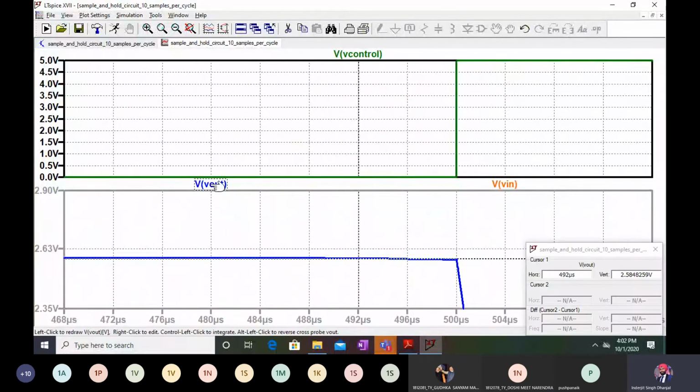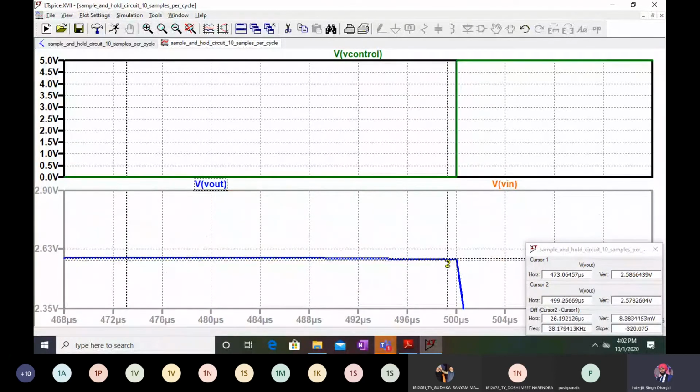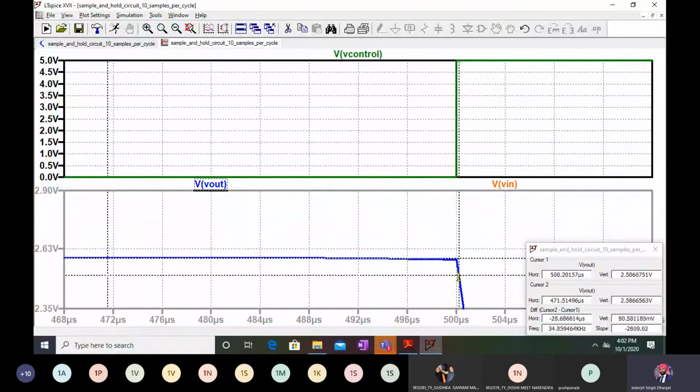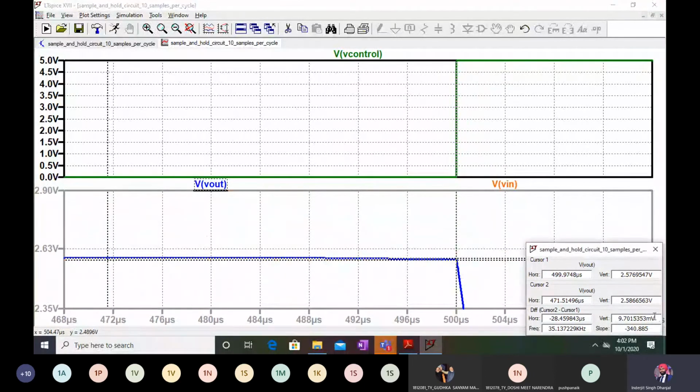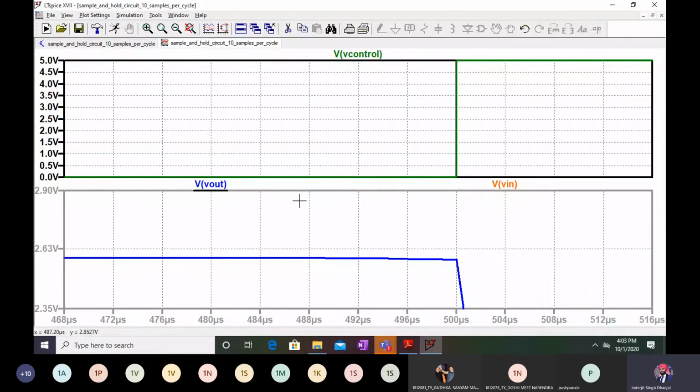Here the voltage, if you see, is around 2.586, and if I see the voltage around here, it is different. It is 2.5957. So basically I have to interchange that. So this I'll keep it over here and this I'll keep it over here. So you see there is a drop in the voltage. It is a drop of 9.7 millivolts. So 9.7 millivolts divided by the original voltage, that is 2.58, will give me the percentage voltage dropping rate. Okay, so this is the way we can check the voltage dropping rate.